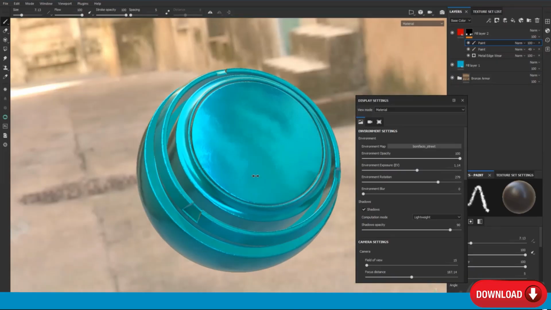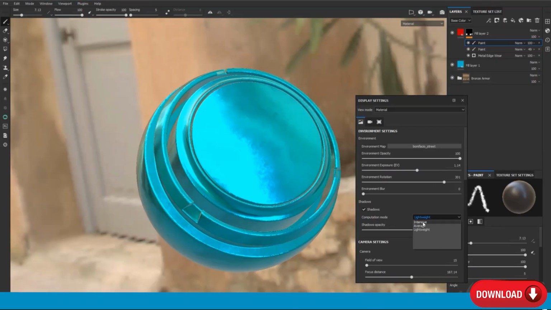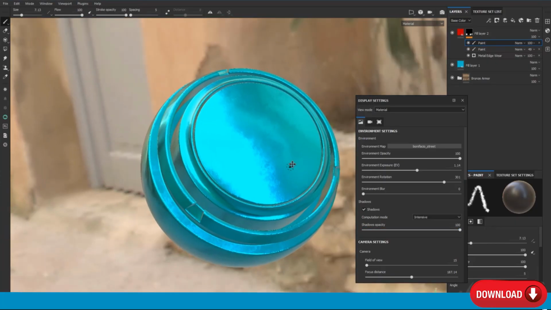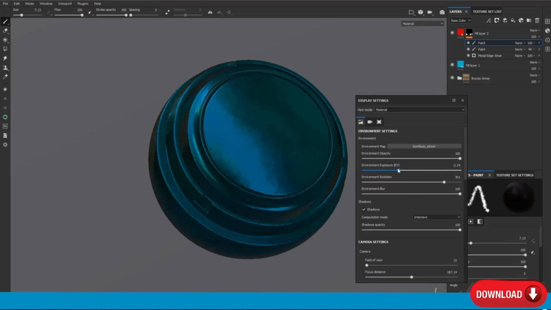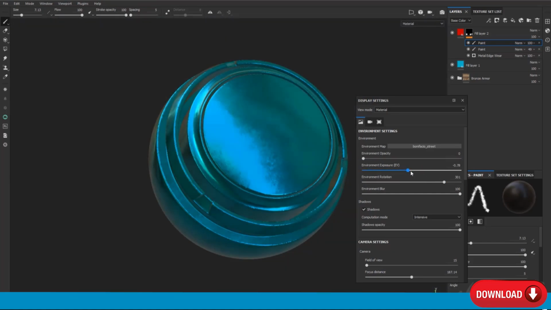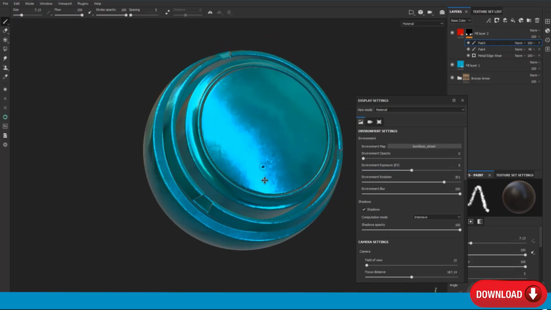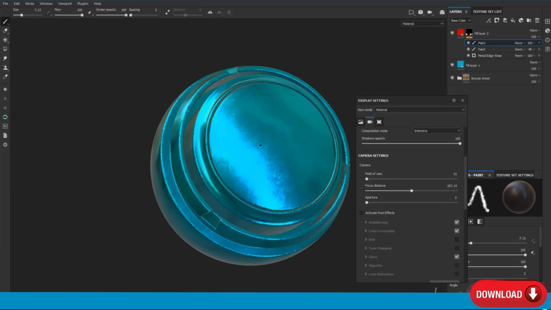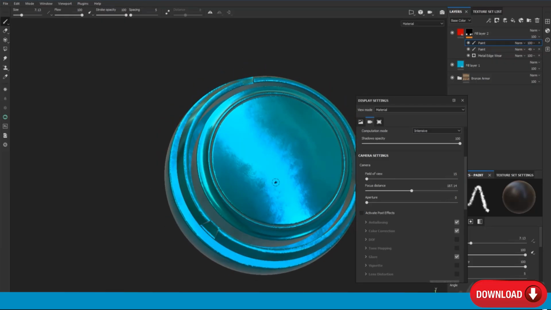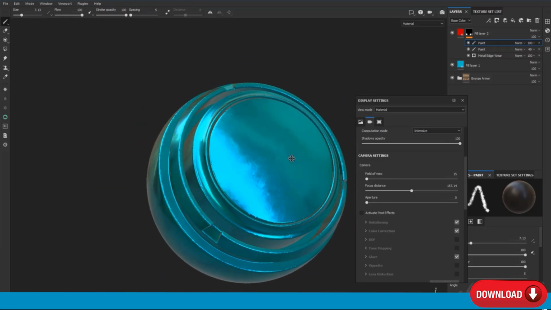You can see what's going to happen. I can change my environment and environment exposure. All these parameters are very important to give realistic renders to your objects, your assets, your character, anything. Just access a bunch of stuff here. So this is a nice pair, but let's give a